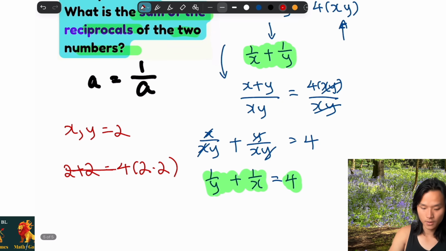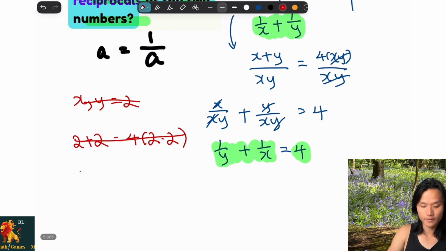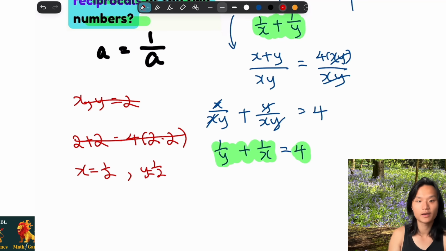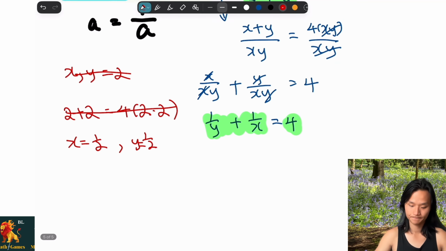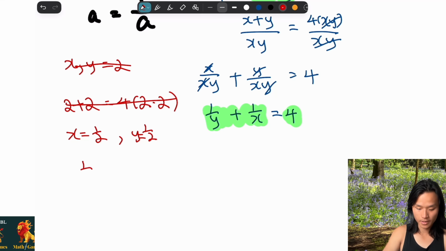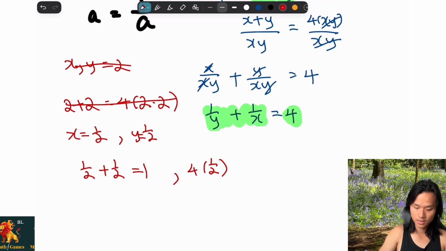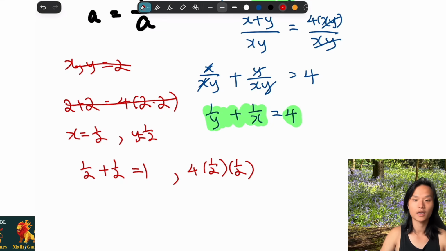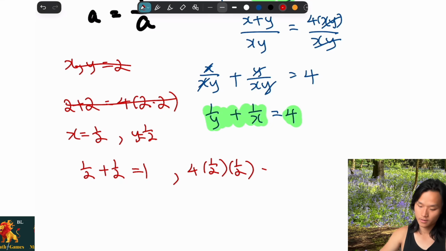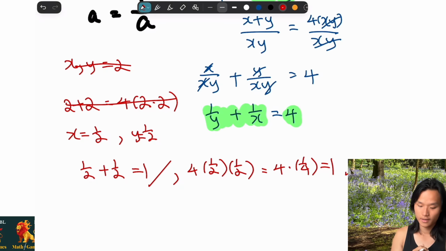Oh, actually, no. I think x would be a half, and y would be a half as well, because the sum of them, a half and a half, is 1. And then 4 times their product, so 4 times a half times a half, that is 4 times a quarter, that's 1. So we verify the